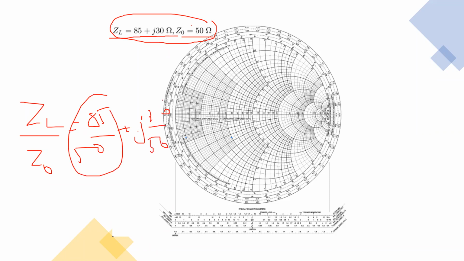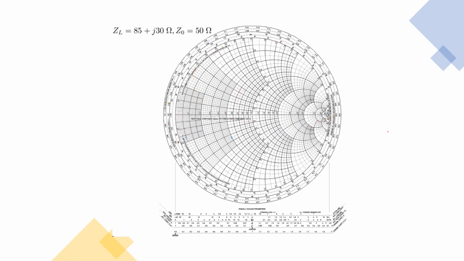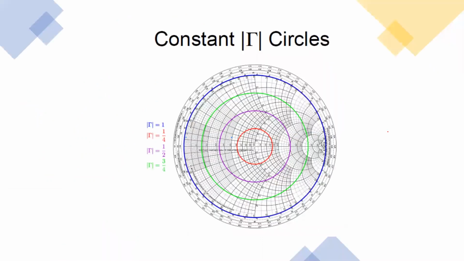So whatever values you get, this will give you the resistive component, and this will give you the inductive component. Since it is plus, it will give you the inductive component. So the plot will be in this half of the Smith chart. So this point will be in the upper half part of the Smith chart. So that is how you utilize it.